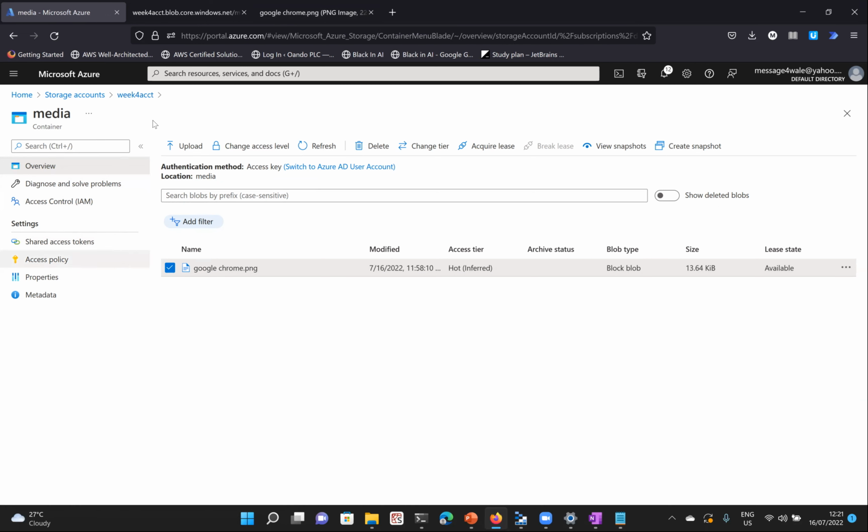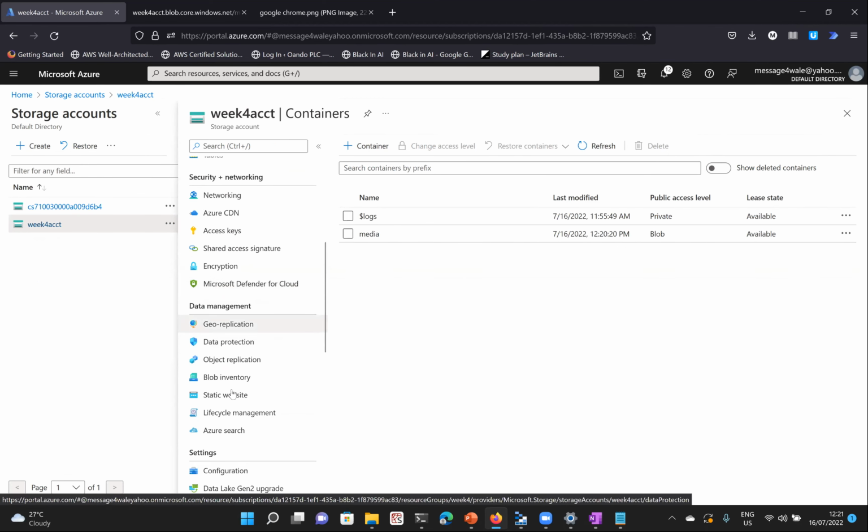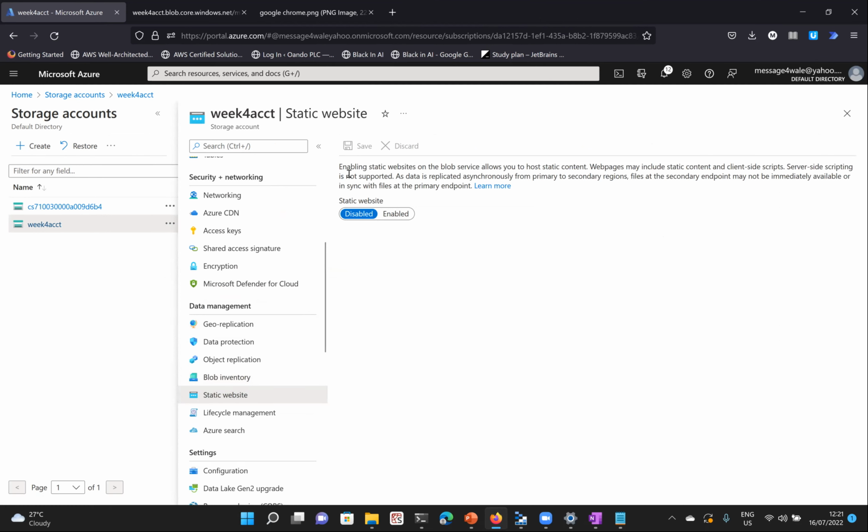Just a single HTML file, which means I don't need to go and set up IIS and all those things if it is a static web page. If it's a single page website, I can serve it using my container. If I come here to static website and enable static website on the blob service,